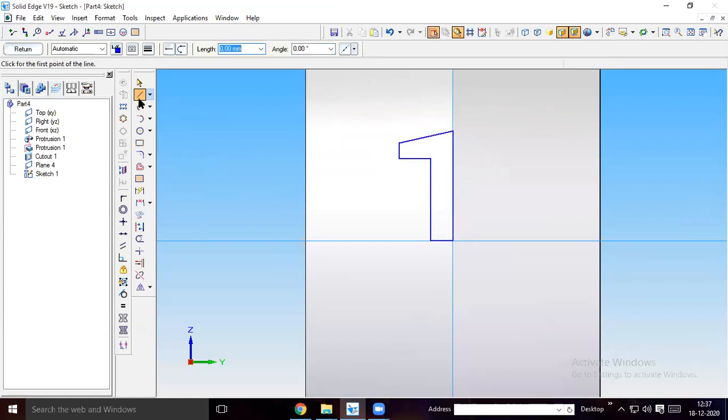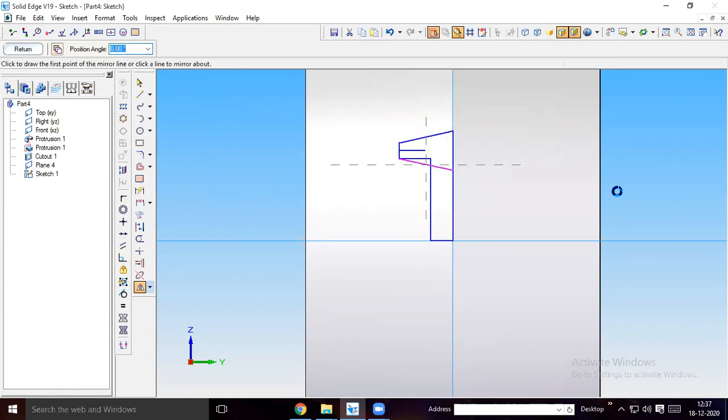Okay. So then what you have to do, from the midpoint of this line, draw one horizontal line so that you can mirror this line. Select this line and mirror along this midpoint line like this. Then you trim the unwanted lines like this. So let me try. Is there any connection problem? End of this line and end of this line, it is connected already. Before mirroring, because you will mirror 4 times, it was not connected earlier.